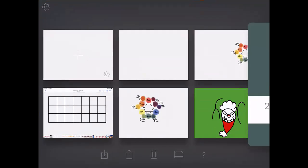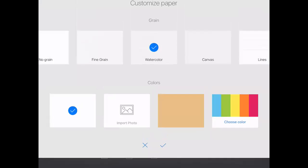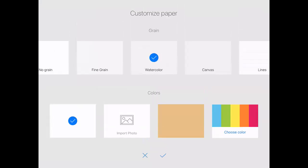The first thing you want to do is choose watercolor paper. So go to your gear, click watercolor, which mine is clicked, click the check mark. You're going to go to the 7th tool down, which is the watercolor brush. I'm going to leave it on the medium point, and I'm going to bring in my